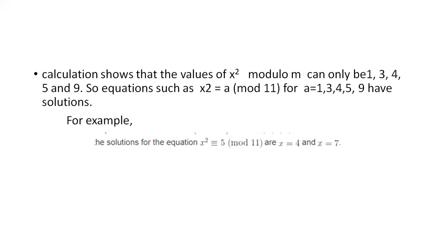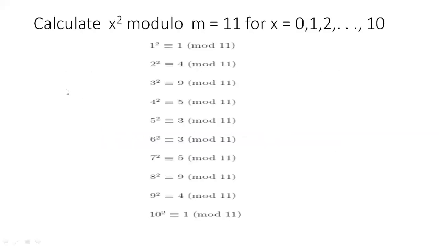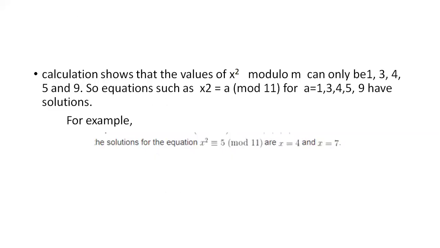The x square values are 0, 1, 2 square is 4, 3 square is 9, 4 square is 16, 5 square is 25, and so on. The remainder we are getting will be denoted with a. The remainders we are getting for different values of x square mod 11 are 1, 3, 4, 5, 9. And the p value, that is the modulus prime number, is 11. So the different values we got for a are 1, 3, 4, 5, 9. Only these five values.